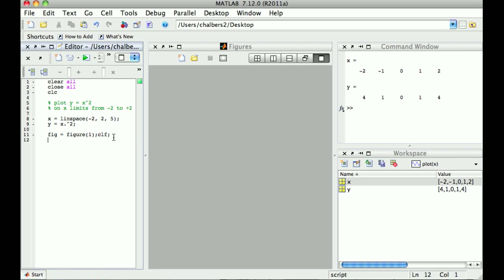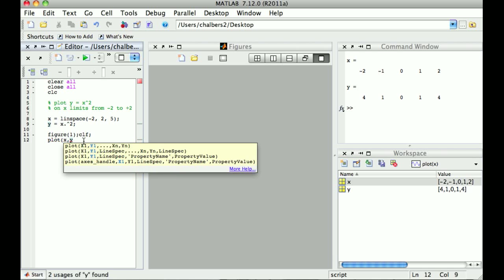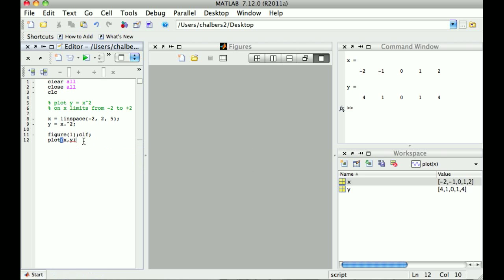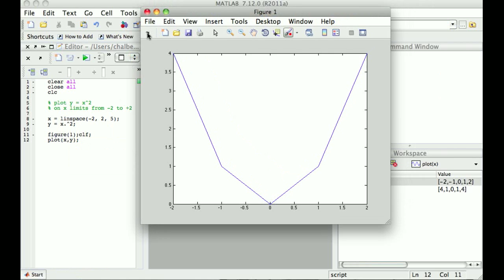So now inside of my figure, let's just start out with the most basic thing. I'm not going to store my figure variable right now. What I'm going to do is just plot out those two vectors. So I'm going to say plot my x vector, comma, my y vector. That's always what you put into the plot command: you plot the vector that defines your x-axis and then the vector that defines your y-axis. Close paren, and now if I run this, I open up a new window,